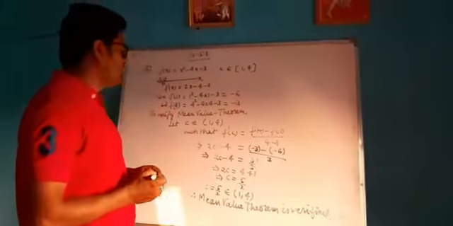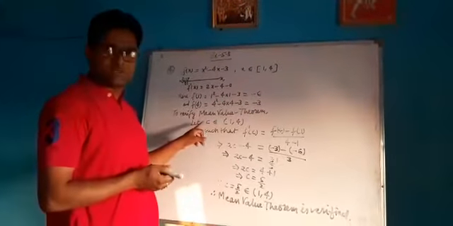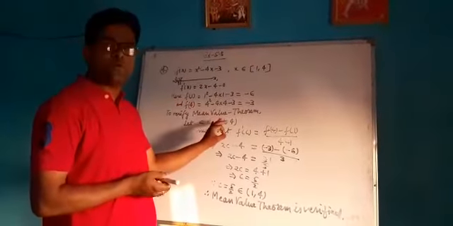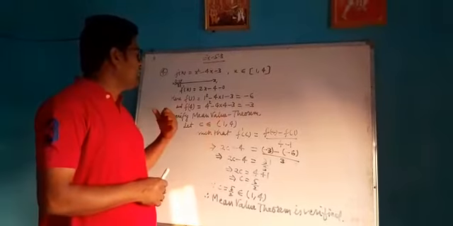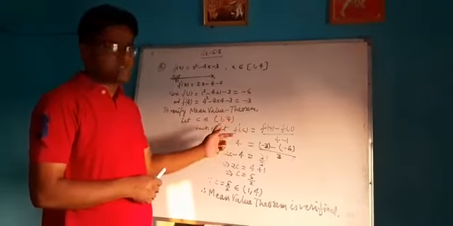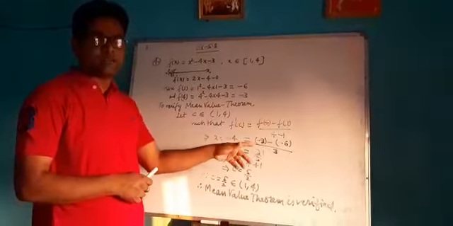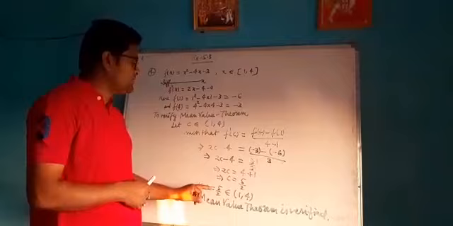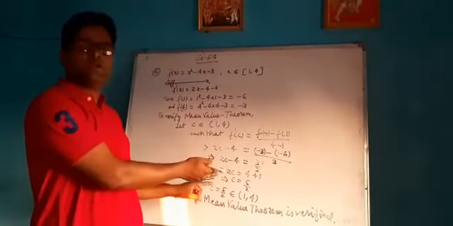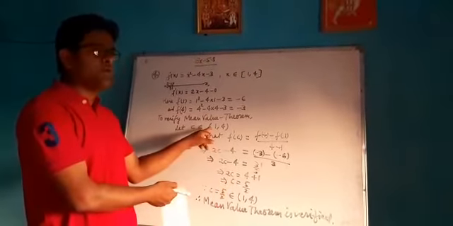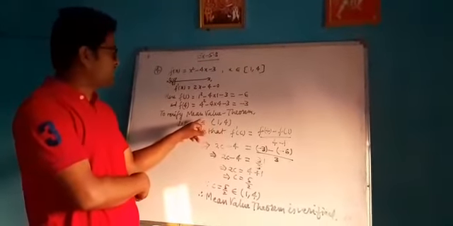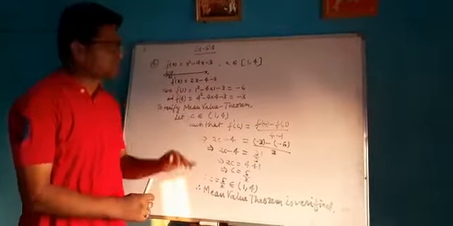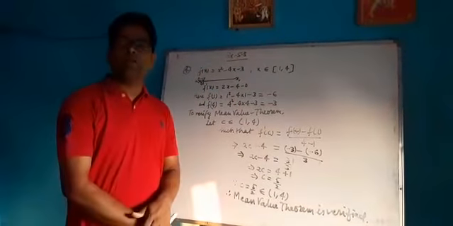So everyone, first of all we have to let c be in the open interval. c is a particular value of x in the open interval 1 to 4, or a to b. Then we take the condition of the mean value theorem, f dash c is equal to f b minus f a by b minus a. After that we find the value of c and show that the c which we have found actually belongs to the same interval we assumed, and it is proved. So that's why the mean value theorem is verified. This is the method to prove the mean value theorem and Rolle's theorem.